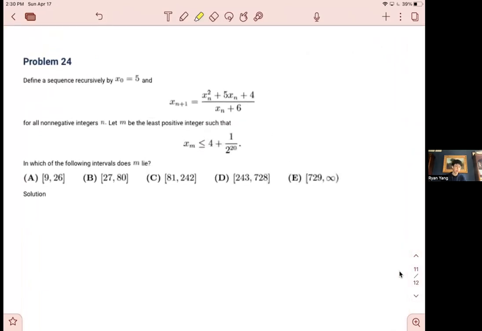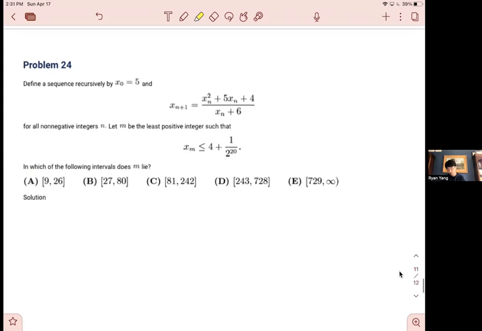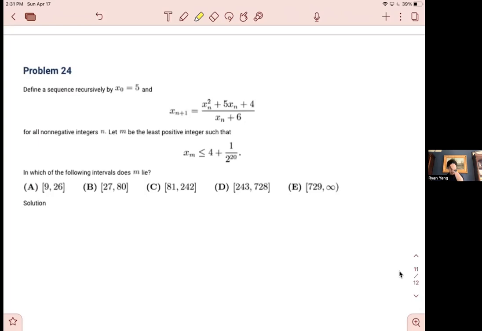Problem 24. Define a sequence recursively by x naught equals 5 and x sub n plus 1 equals (x sub n squared plus 5 x n plus 4) divided by (x n plus 6) for all non-negative integers n. Let m be the least positive integer such that x sub m is less than or equal to 4 plus 1 over 2 to the 20. In which of the following intervals does m lie? A, 9 through 26, B, 27 through 80, C, 81 through 242, D, 243 to 728, and E, 729 to